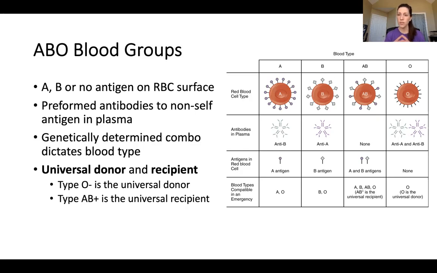For the A, B, O blood groups, we're talking about surface antigens, so glycoproteins that are extending out of the surface of the plasma membrane of the red blood cells. They're used for cell recognition. Okay, so it's normal for them to be there. Some people have one type of antigen on their red blood cell surface, and that's type A antigen. So in this picture, it's this little round purple one that indicates that you have antigen A on your red blood cell. It's just a surface marker. It doesn't do anything except identify that those are your cells,